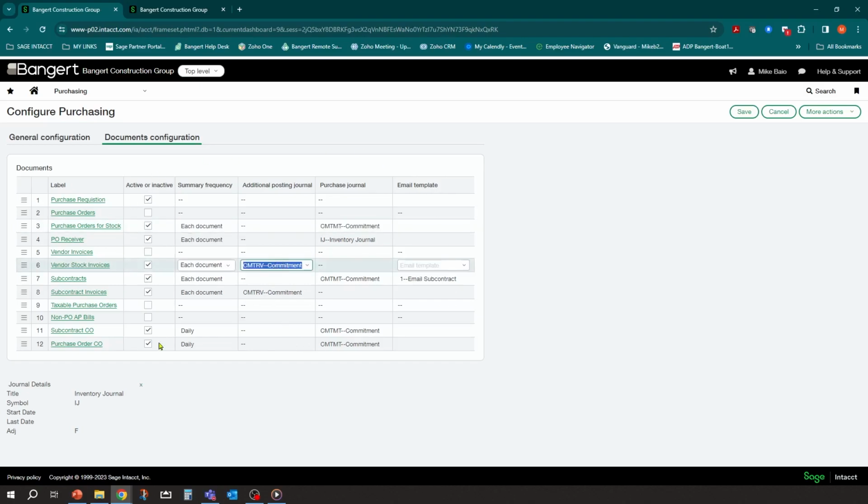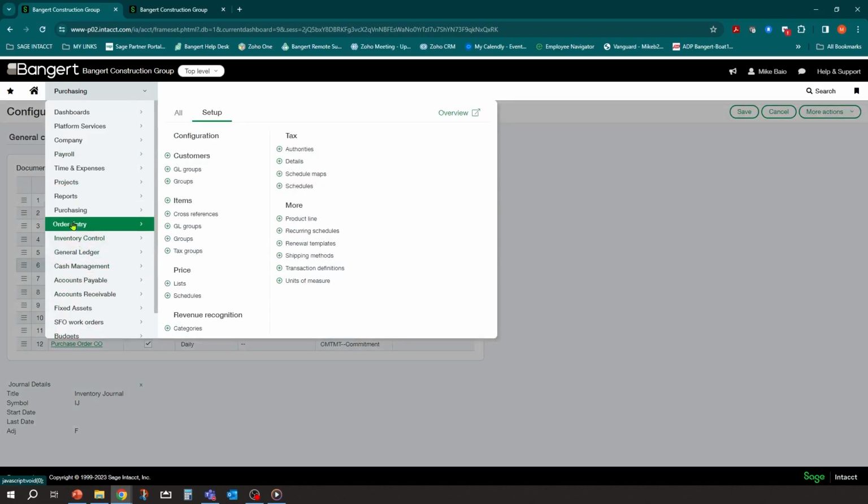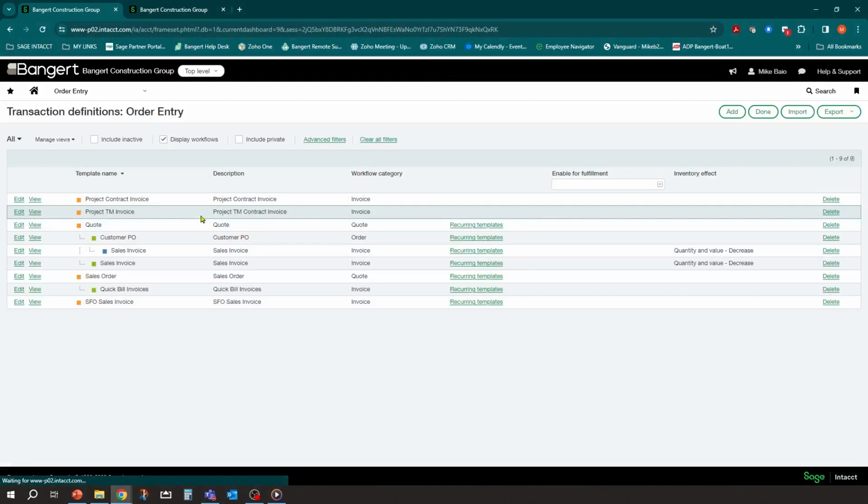So this is kind of the last place that needs to be set up to dictate where it goes to in the system. All right. So the same thing would need to happen on the order entry side, on the inventory side. One of the other definitions we're going to get into, one of the workflow scenarios in the next class, is we're going to get into doing some sales orders that pull from inventory.